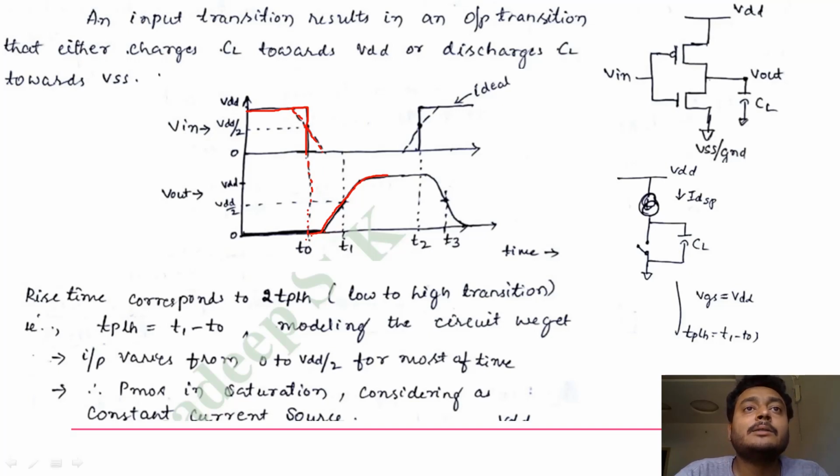Suppose it is going to reach your VDD like this, and I will take some transition point here as a midpoint for our reference. This will be our T1 point. Okay, so this is one thing. And similarly, when your input goes from 0 to high, this is the ideal one, but practically you can take this dotted line. This is where you are going to change the input, so this is the T2 time we will take.